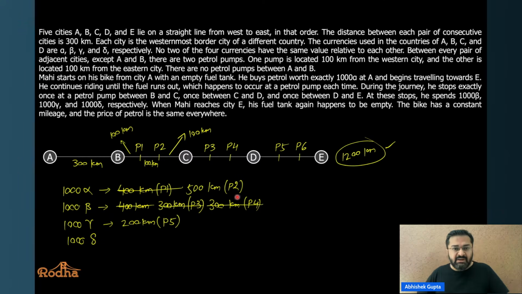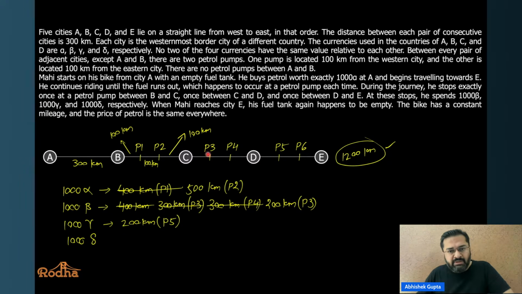If this is incorrect, what is the only option left? After this 500 here, 300 is not working, so we cannot jump from P2 to P4. So the only option is P2 to P3. Now this is concrete, it has to happen. There is no other option left. After P2, he could have stopped either at P3 or at P4. So P2 to P3 has to be concrete because P2 to P4 is not working for us. So let me just write that. How much is that? This is 200, and then this is P3.